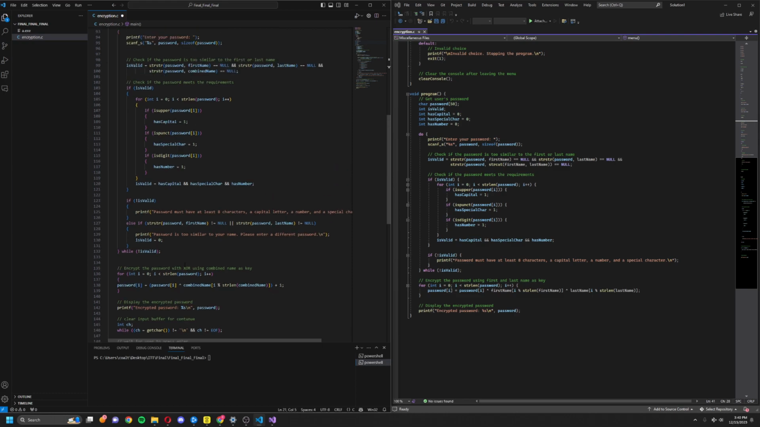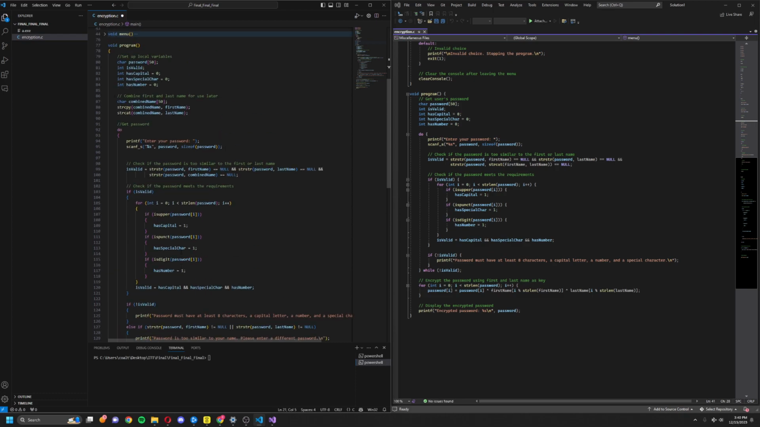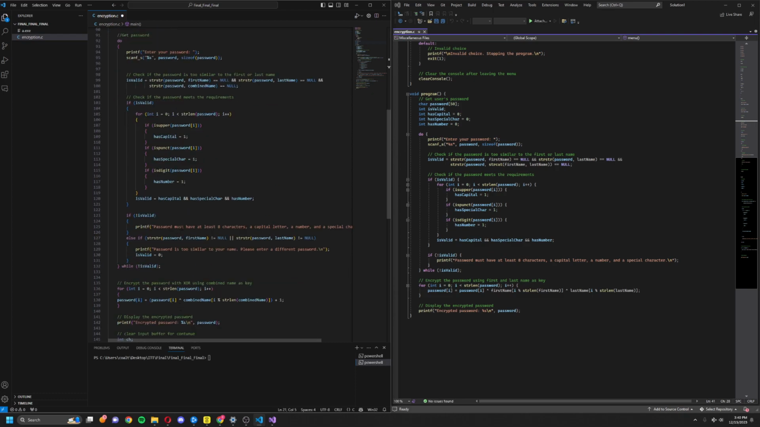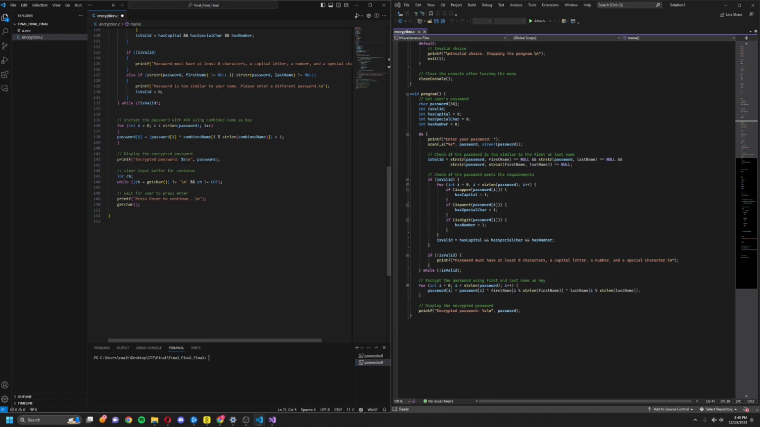And then let's see, we've got all this logic up here to basically check if the password is 8 characters long, has a capital, has a special character, and has a number in it. And we mark it as valid. Up here, here's our is valid flag, I guess you would call it. If it is valid, then we continue with the program. At the end, we encrypt it, we display it, and then I've got some logic,